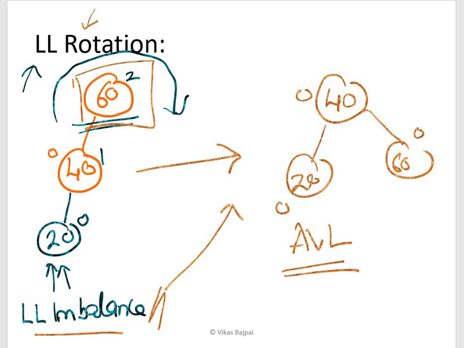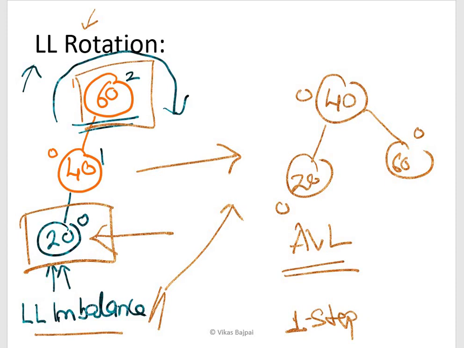So post insertion, I inserted this key value which resulted in this kind of imbalance. Once again, as I described in my previous slide, it is a one step rotation, right? Soon we'll talk about two step rotation as well. Right now this single step is doing my task.